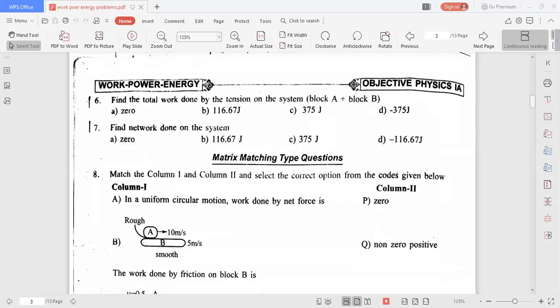Here, because of gravity, the block comes down, no? Yes, sir. That's why the work done by gravity on this block is the gravitational force MAG into displacement SA. Because both are in the same direction, positive work is done. Next, the work done by gravity on this block is MBG downwards and displacement upwards. That's why negative work is done. So minus MBG into displacement SB. Substitute the data. Okay, sir, thank you.